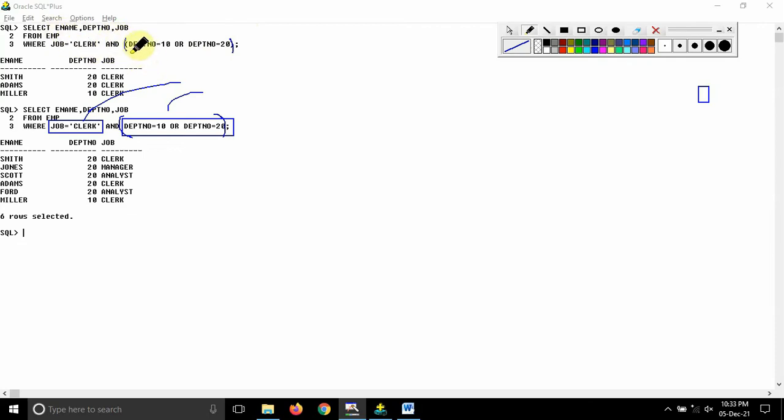Whenever the variable is the same, here also department number, here also department number, then you should include these two things in parentheses or brackets, then only you will be getting proper output. Because here we are having AND as well as OR operators. If there are only OR operators or only AND operators, then there is no problem. If there is a mix of AND and OR operators, then you have to use brackets for the fields which have the same variable. Like in this one, department number and department number are the same criteria, so I need to use brackets over here.